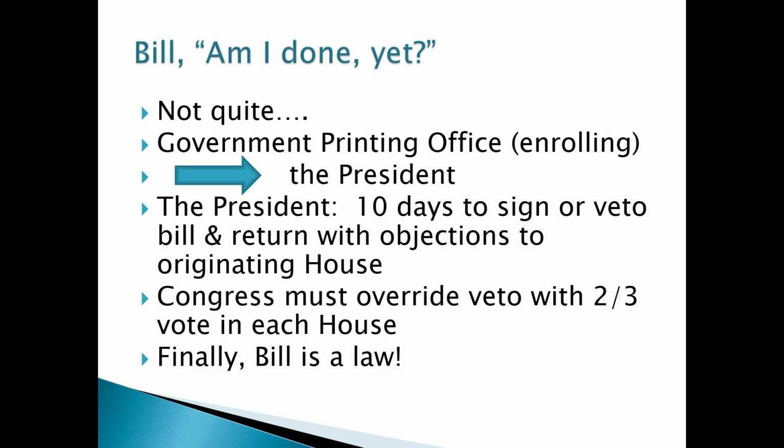So then the Congress has some options. If they feel they have enough of a majority, they can override the president's veto with a 2/3 majority in each House. If they just know they're not going to have that majority, they may just let the bill die, or if it's close, they may have it come to a vote. And if they don't meet that 2/3 majority, then the bill dies. But if both houses override the president with a 2/3 majority, then the bill also becomes a law. And this is a way to check the power of the president.